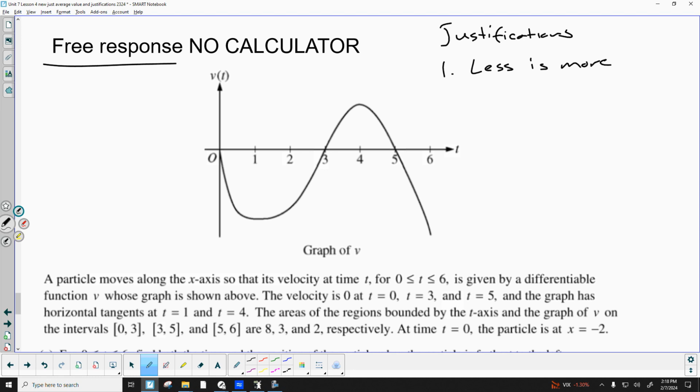Don't do that. Typically, the more you write, the more I have to read, which means the more attention I'm paying towards what you've written. And if you make one little teeny tiny mistake in there, boom, your point's gone. And this is the same thing for the AP graders. The more you write, the more we are going to try to nitpick what you wrote. And if you make one little mistake, boom, your justification's wrong. Less is more, okay? Remember, it's a calculus class,